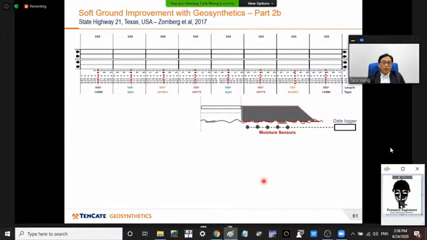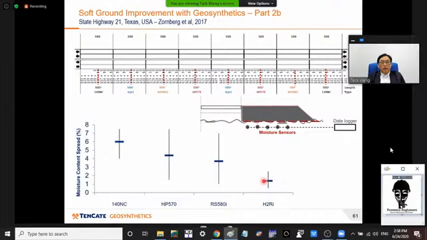In a test section, different geotextiles were used. 140 NC is a non-woven. HP 570 and RS 580I are high modulus reinforcing fabrics, and H2RI is a high modulus reinforcing fabric plus the